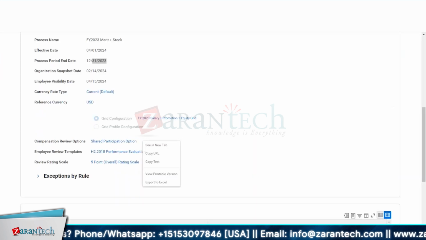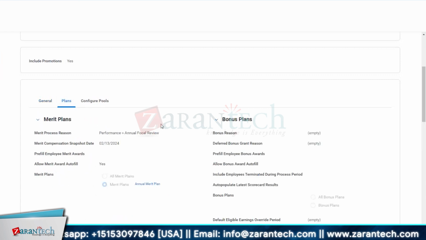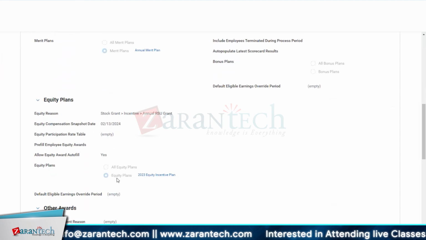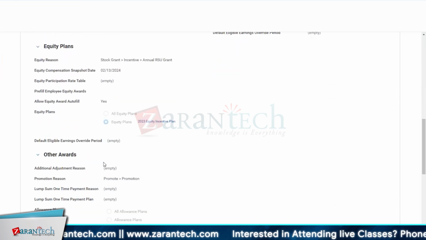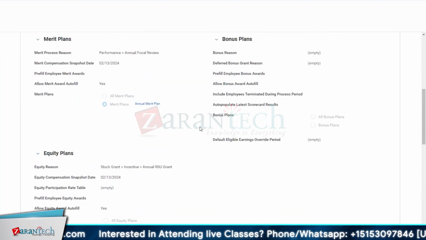You open that up, and while that opens up, you see what plans they have. There's the annual merit plan. Bonus plan was not added here because it doesn't say any bonus plan is selected, but the stock plan has been selected, and none of the other ones. So here, you can go back if you scroll up a little bit. So here, the merit compensation snapshot date. So this date,